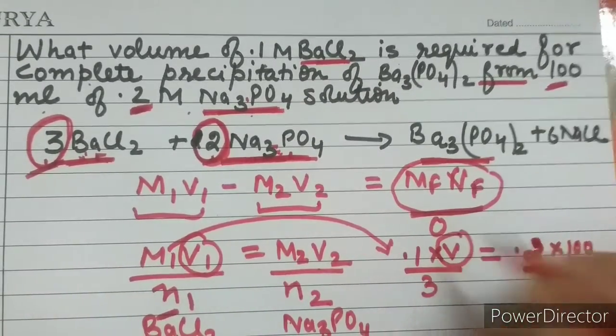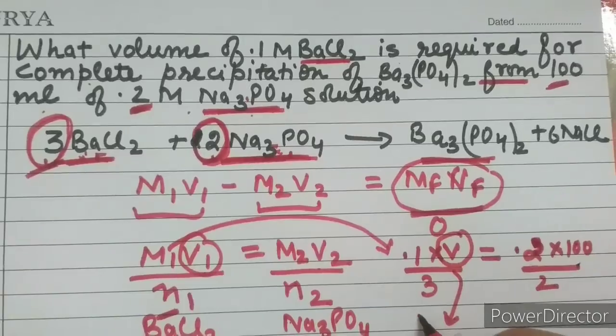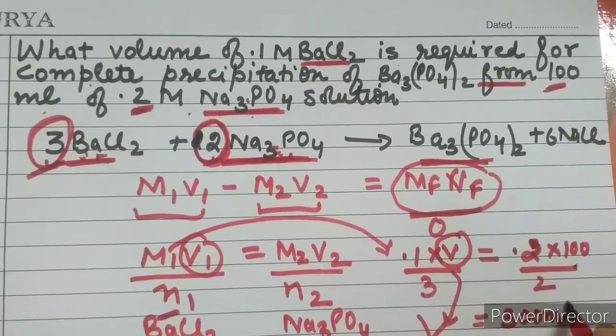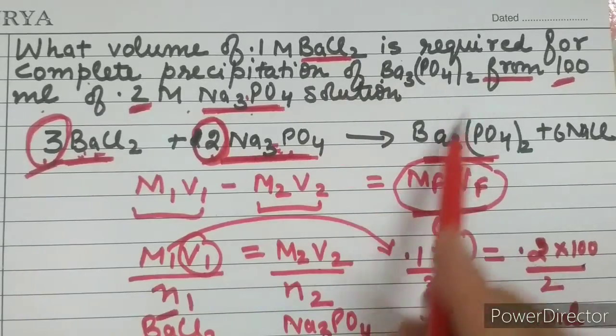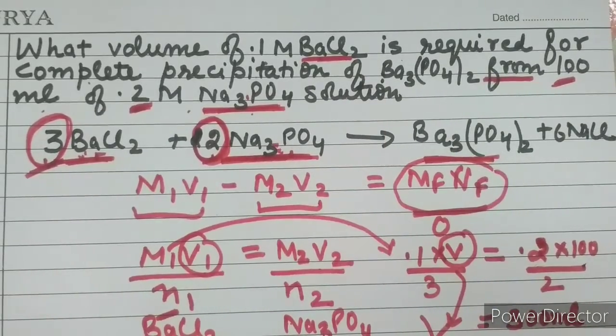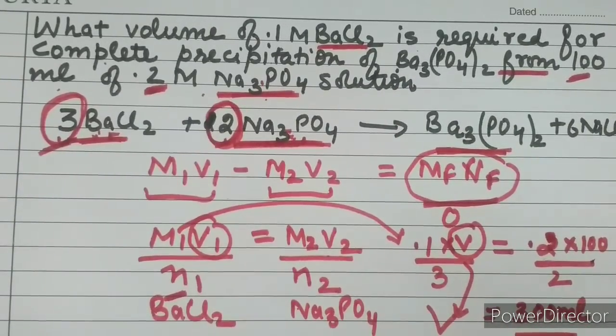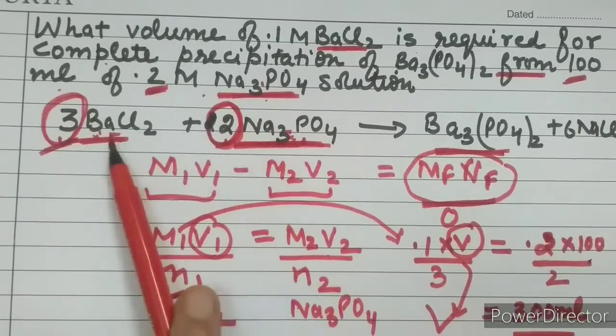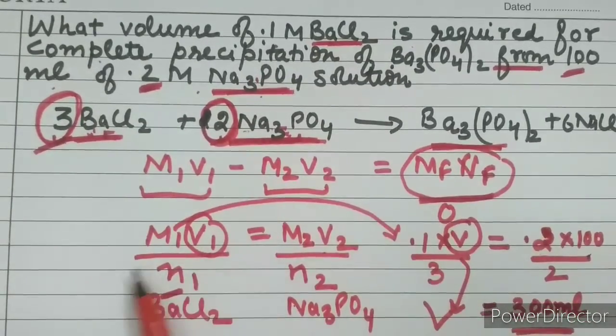On solving, this volume comes out to be 300 ml, because all the volumes are in ml, so the answer for volume will also be in ml. So wherever there is a precipitation reaction in a balanced chemical equation, the formula will be M1V1 over N1 is equal to M2V2 over